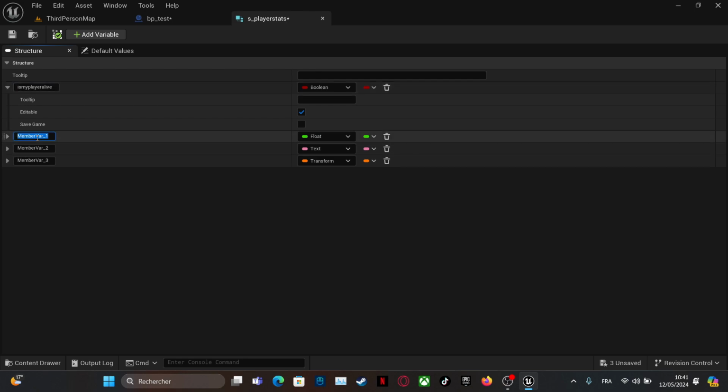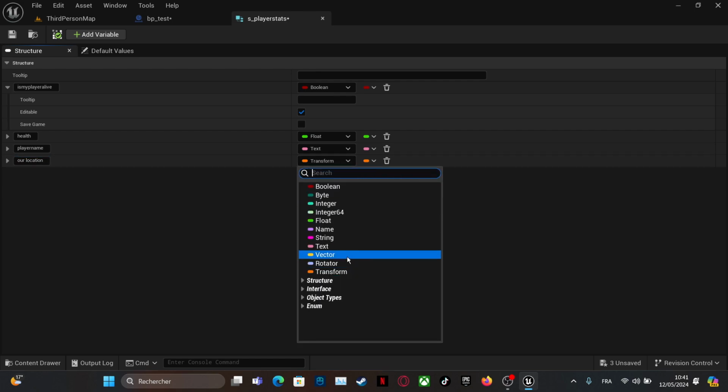We name this health. We name this player name, and we name this our location. Change this to a vector.